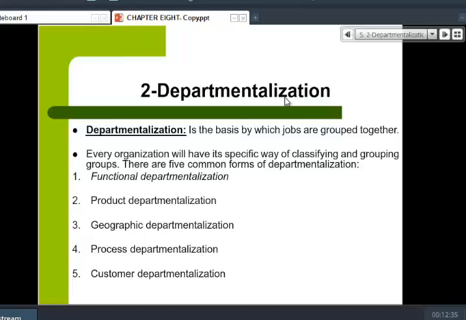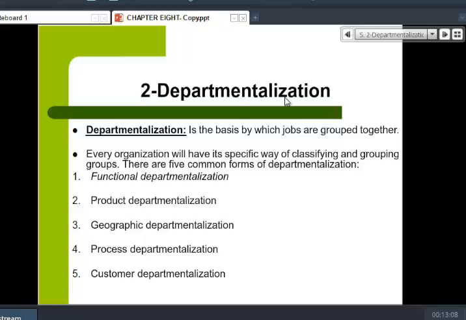The functional department is the low level. If you have studied with me in the first class, the functional department is the low level of managers. They are doing the day-to-day work, so we call them the function. The product departments are in charge of the product line manager. The geographic department is in charge of how they distribute the work among each other; it could also be the distribution channels for the organization.